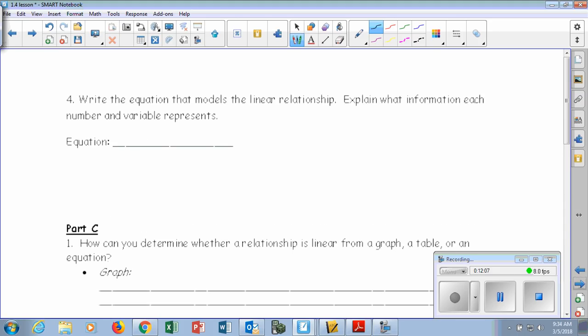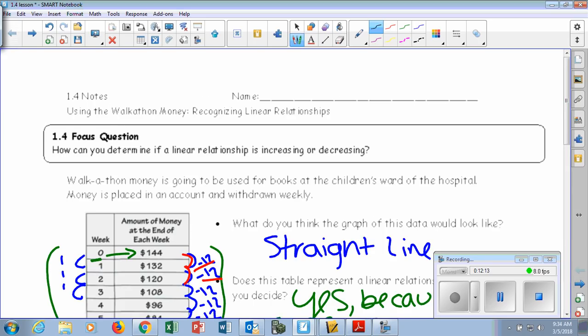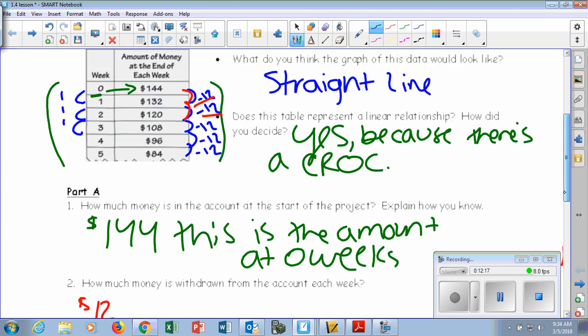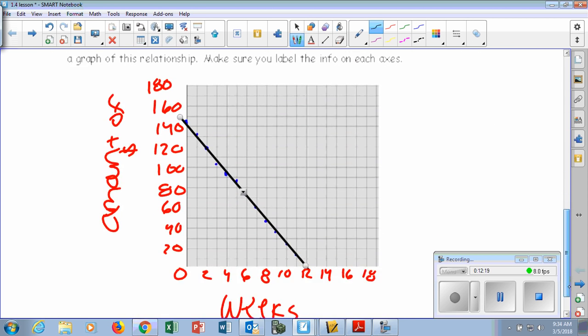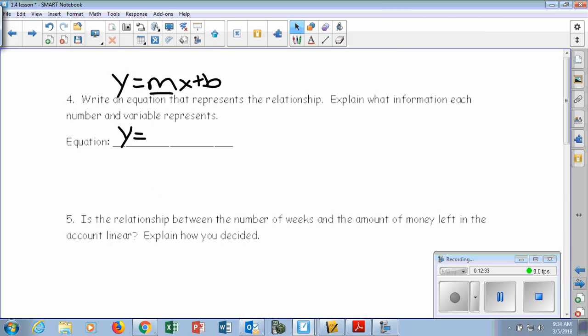So if I were to go back to this first page. Did I not go back? Oh, I see. Okay, there it is. So if we were to go back to this page, Peyton, I could see that my slope, it's going down by 12. Going down by 12. Do you see my slope there? That's our constant. So when we go on to this next page, my slope, you just said, would be negative 12x